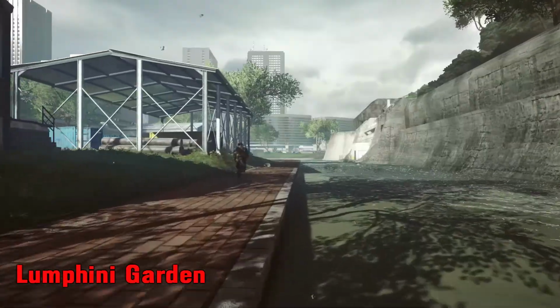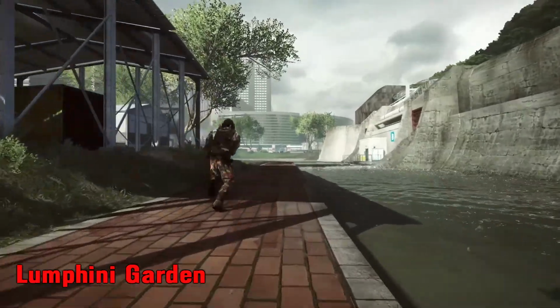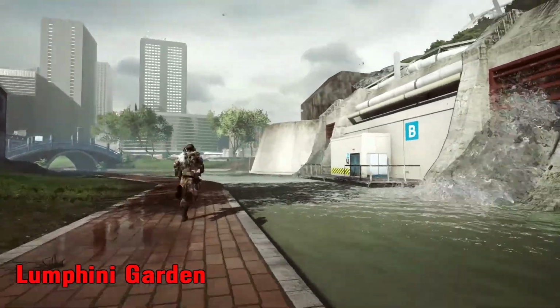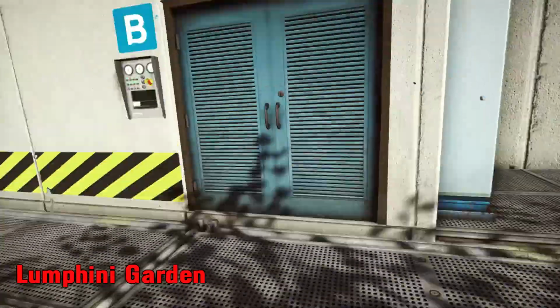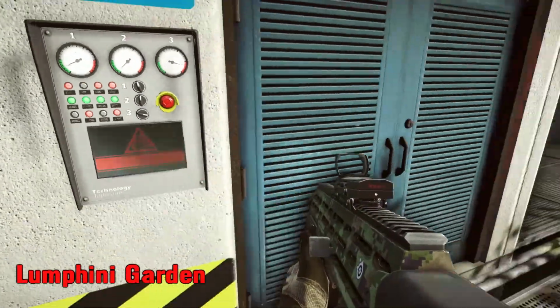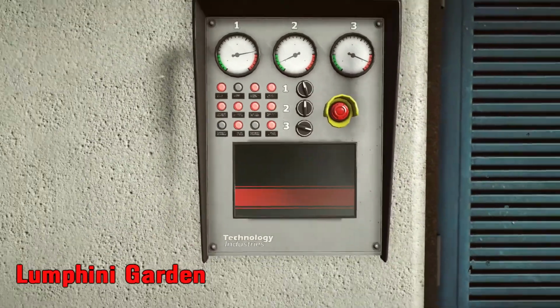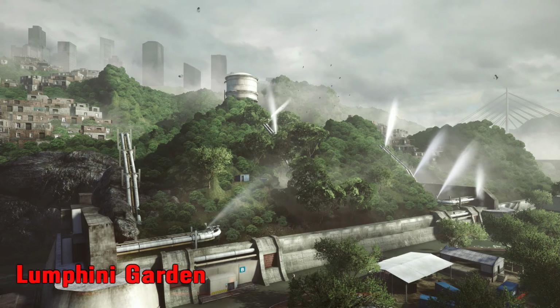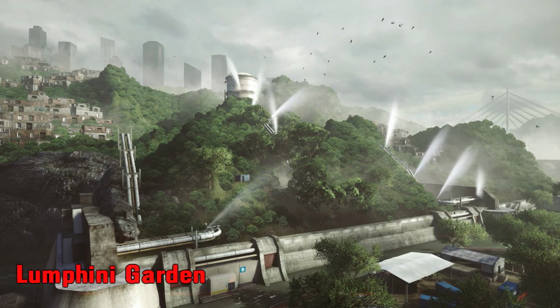I'm going to show you how to do all the Levolutions in each new map of the Dragon's Teeth DLC. We're going to start off here on Lumphini Garden. You just come over to the dam by the train station, the SkyTrain, and you go to each of these blue doors. Right beside the blue door there's a button that you click, and it starts a reaction where the pipes overflow with water, and eventually